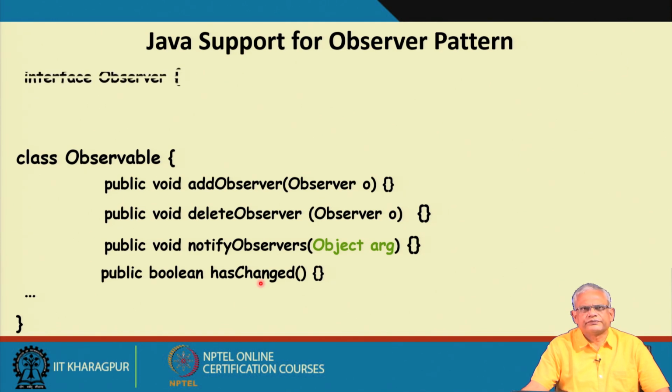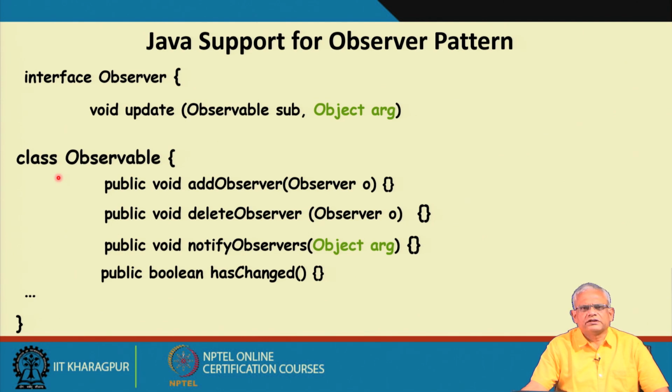whether the model has changed. Also notice that the built-in Java Observable is a concrete class, not an interface, and I do not have a good explanation for this. The only explanation I can give is that the implementation of the Java built-in observer pattern is quite old, and as you will see shortly, it had some difficulties, and now the Java Observer and Observable pattern is deprecated from the current Java distribution.